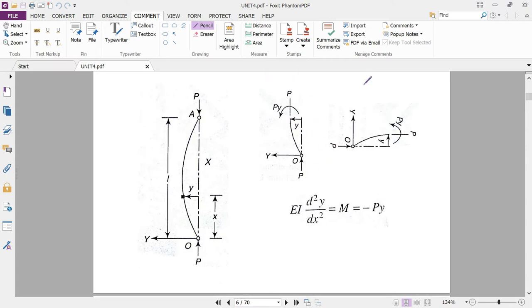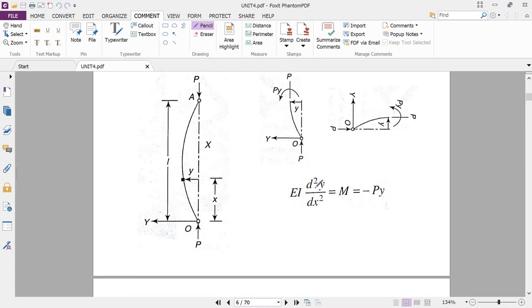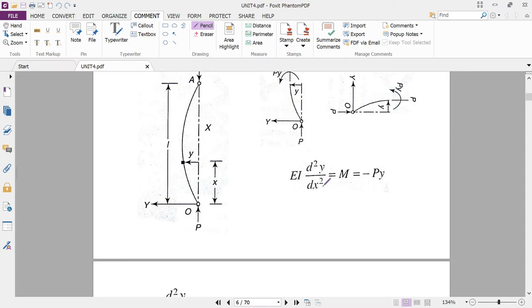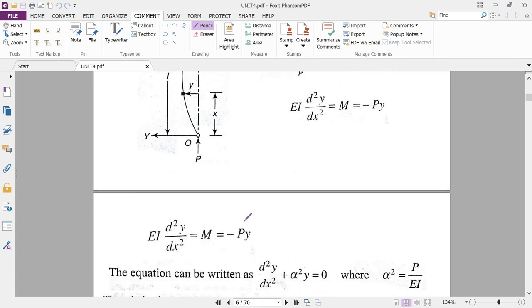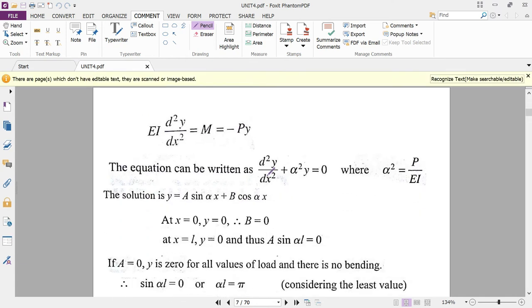For the derivation, EI d square y by dx square is equal to M, the moment, and if you apply the moment here, it is equal to minus P into y, minus Py. This is the equation generated as per the Euler theory. So EI d square y by dx square is equal to minus Py. This equation can be written as d square y by dx square plus alpha square y